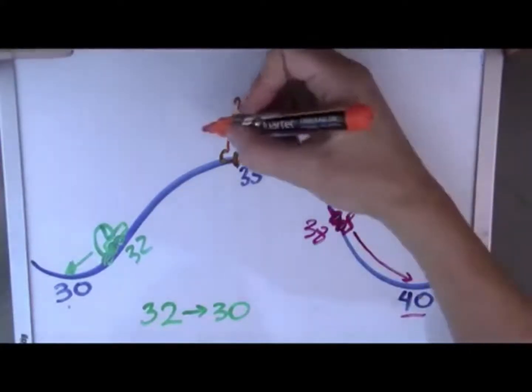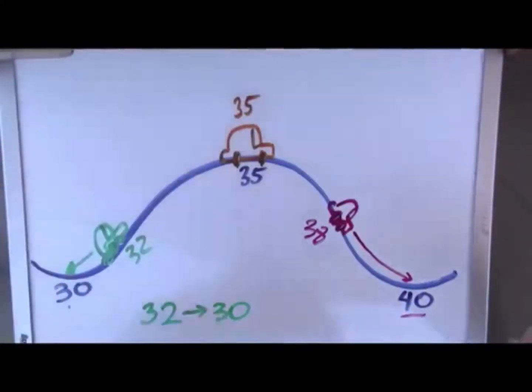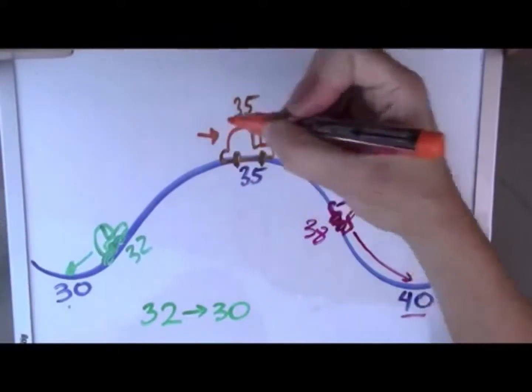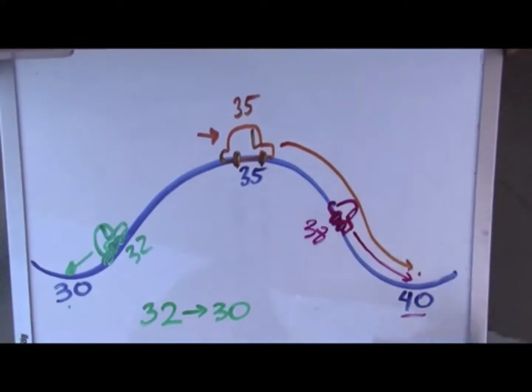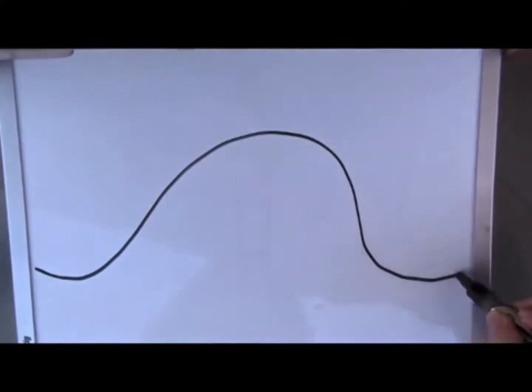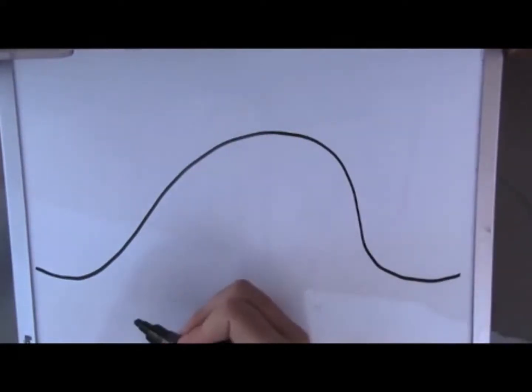When this happens, all we need to do is give it a little push with our finger forward, and then it'll just go down the mountain and it lands on 40. 35 rounded to the nearest tens place is 40. Now what would happen if we wanted to round a larger number, like a number in the hundreds place? Let's do the number